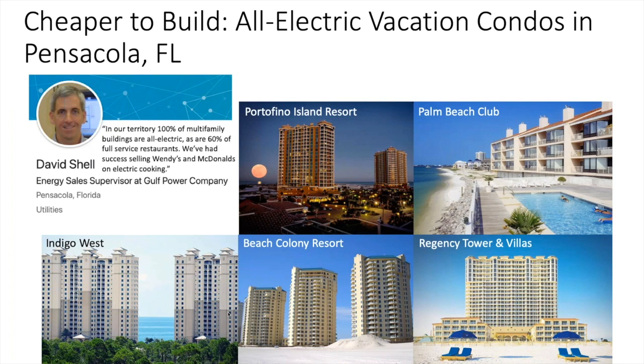It's evidenced. This is in the South, Pensacola, Florida. This is what apartment complexes and condos look like. Everything, 100% of all the buildings there are all electric for the apartment complexes. 60% of their restaurants, fast food restaurants like Wendy's and McDonald's, an electric fryer gets you